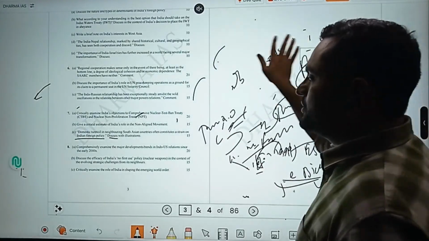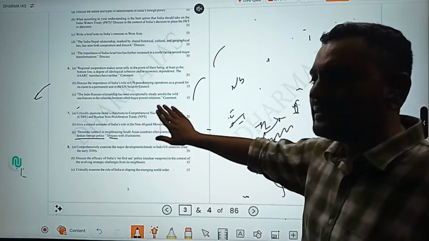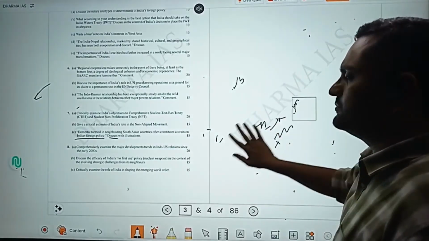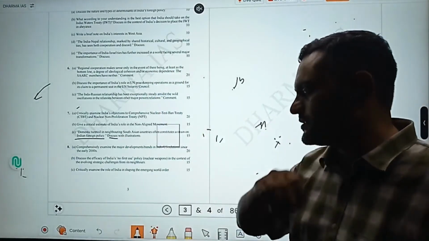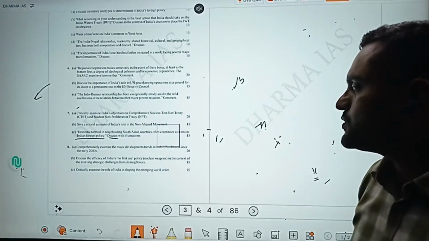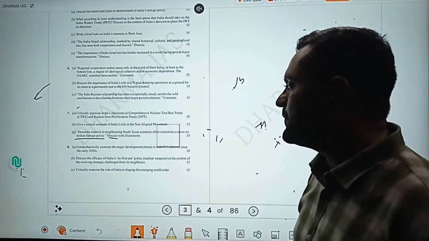Fine. Comprehensively examine the major developments and trends in the US relationship. So again, divergences and convergences are there in the relationship. Both aspects you have to discuss in the relationship. 8B: discuss the efficacy of India's no first use policy on nuclear weapons, in the context of the evolving strategic challenges